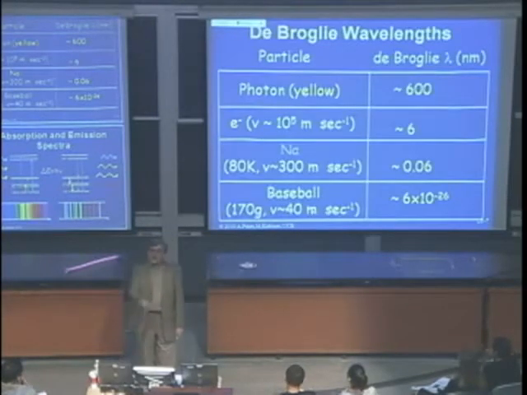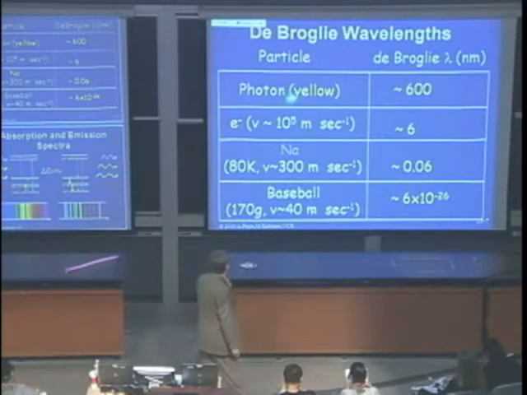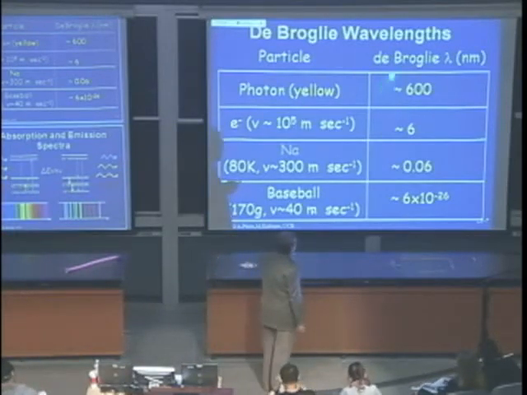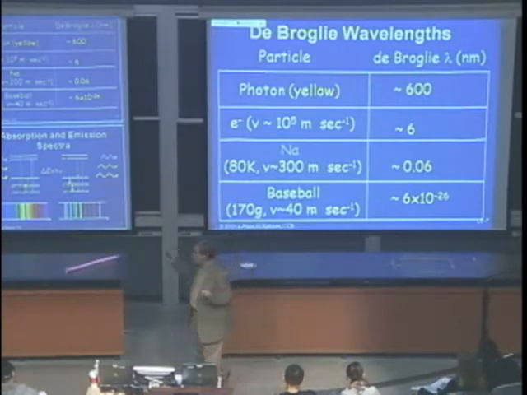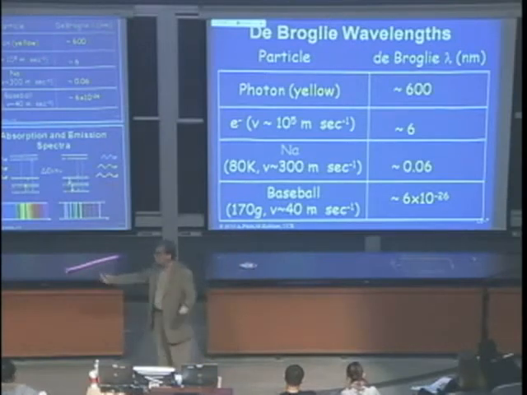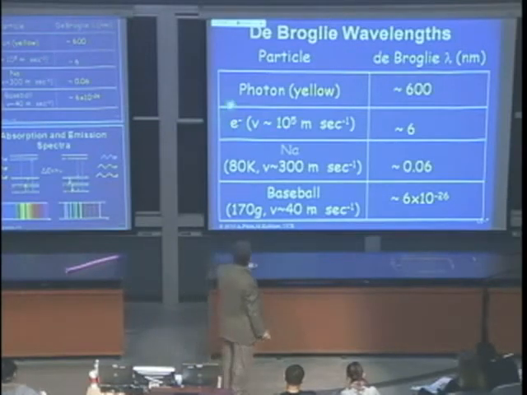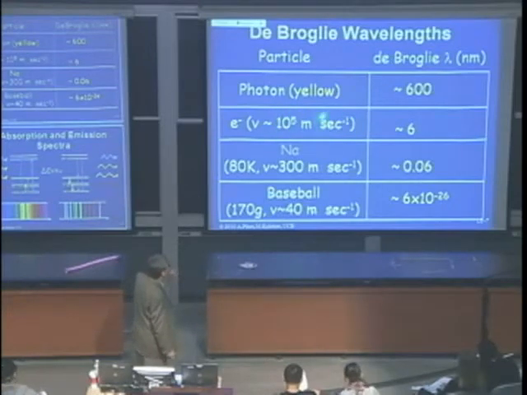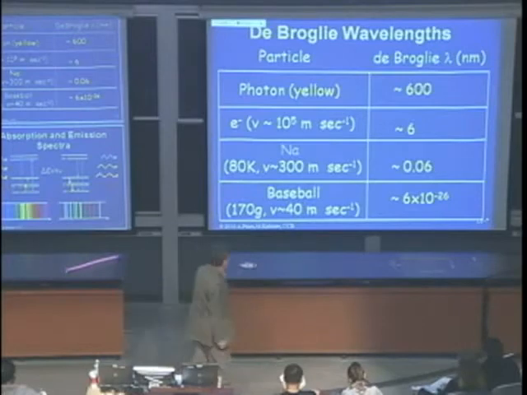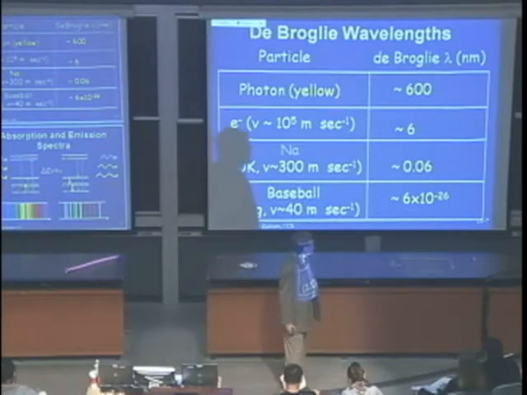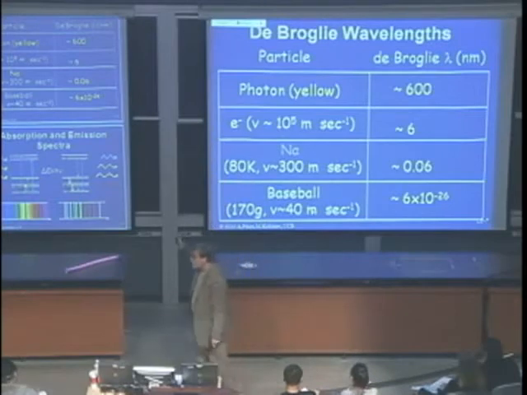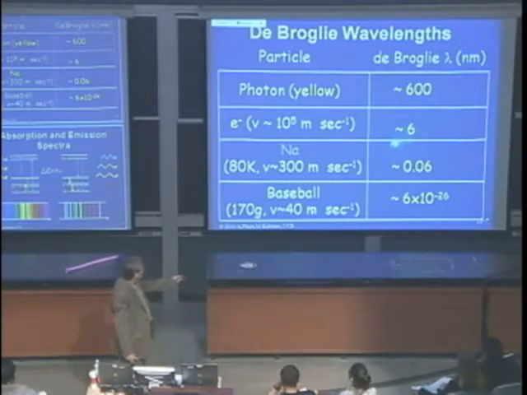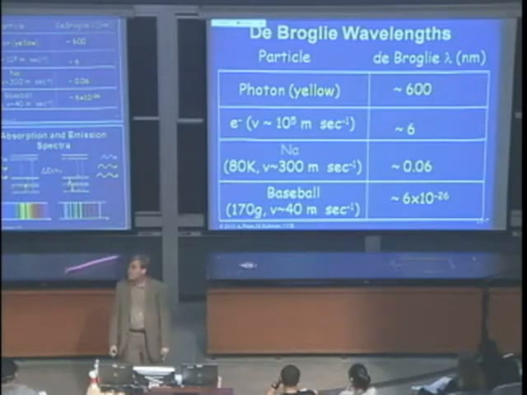And now, let's look at a couple of these quantum particles. We look at a photon, and this has 600 nanometers. It's given the wavelengths, and you can calculate the momentum. So photons, we know, are waves. 600 nanometer is a colored photon. You have an electron. That's what I've been talking about most of this lecture so far. It has 10 to the 5th meter per second velocity. So you have the velocity, you know the mass, you can calculate p, and with this you can calculate your wavelength. That's 6 nanometer. So that's pretty large, 6 nanometer.